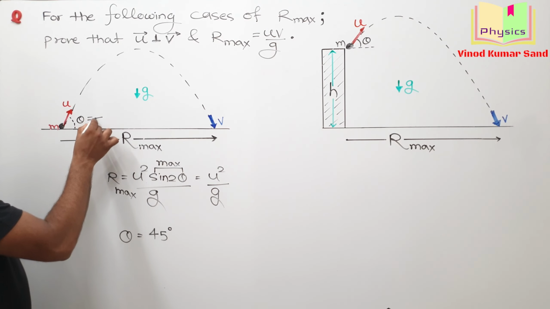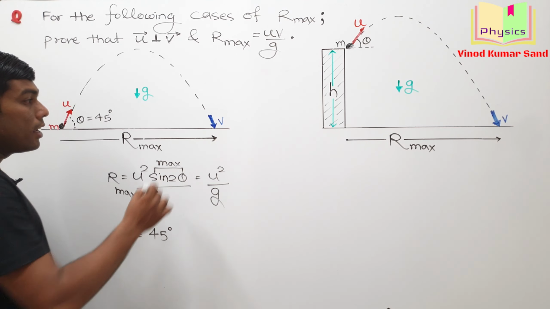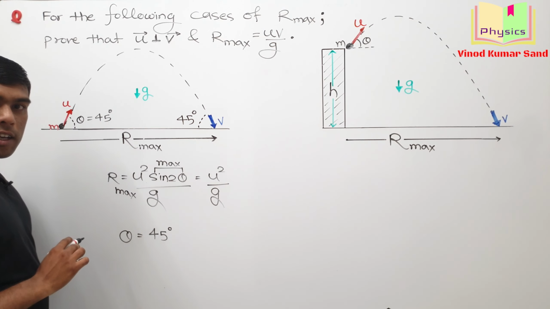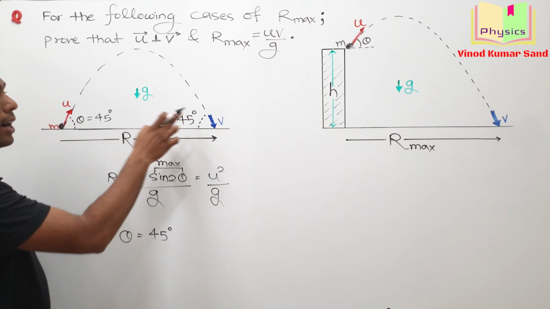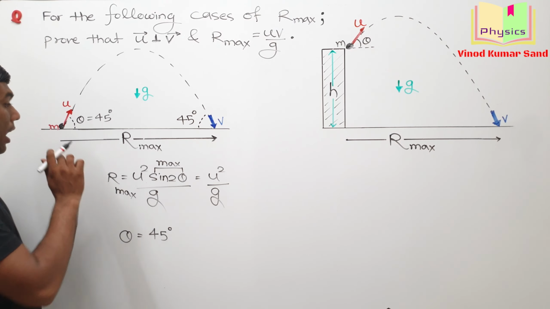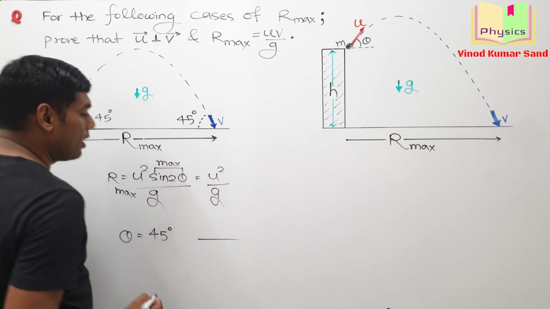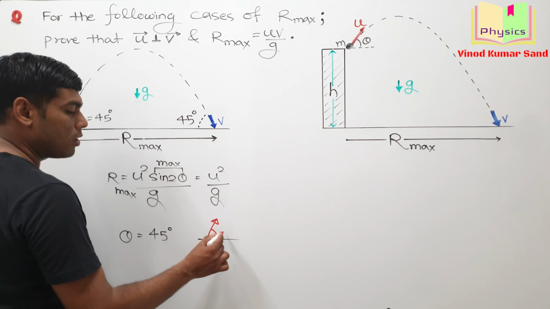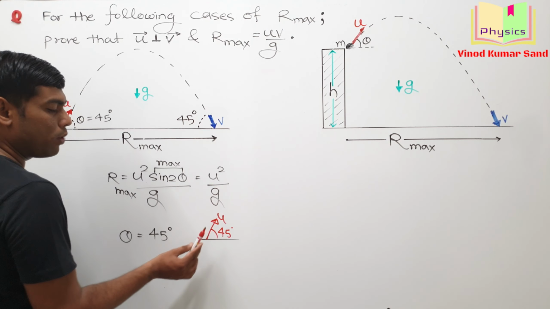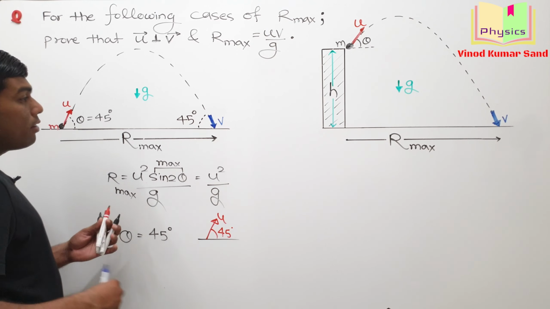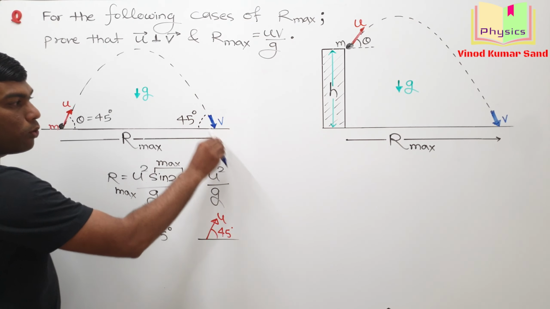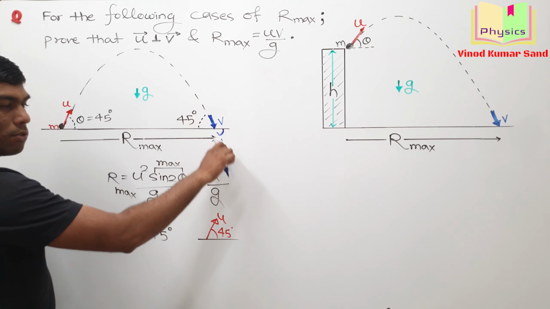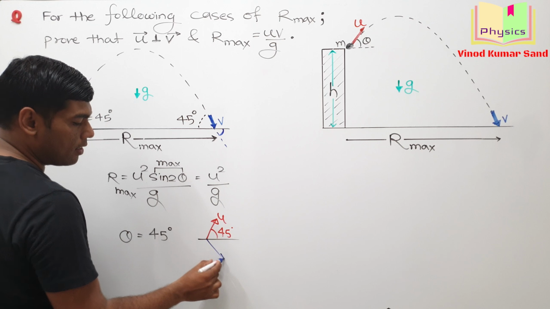It means this angle of projection is 45 degree and this angle is also 45 degree. And you get the idea that u and v will be perpendicular to each other. How? If we draw the horizontal line and we draw the u, it is 45 degree above the horizontal line. Okay, u vector will be directed like this, and if we draw the v vector, it will be 45 degree below the horizontal line like this if you extend. So if I draw the v vector like this